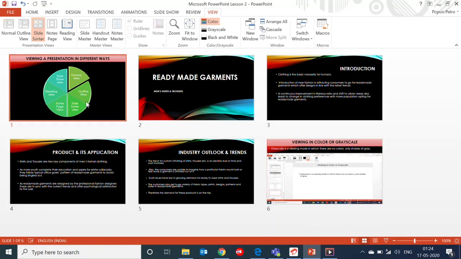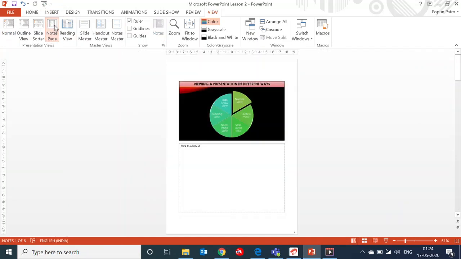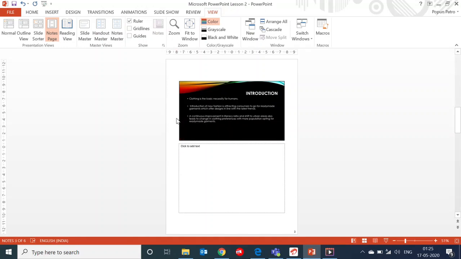Then again go to normal view. Then the fourth one is note page view. Click on note page view. Here is the note page view. This is the note page view. Look at that.